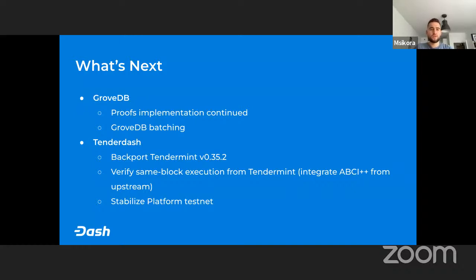But this is the direction. And for our consensus engine, we need to finalize backporting the version 0.35, which will allow us to get the upstream branch, which includes the ABCI++ project that is supposed to resolve our issue with signing the state of the two previous blocks instead of the current one.